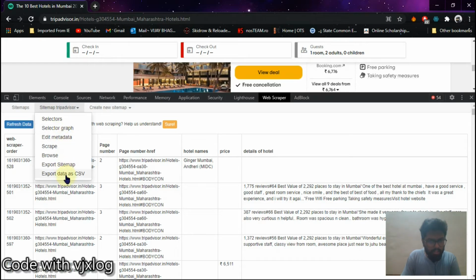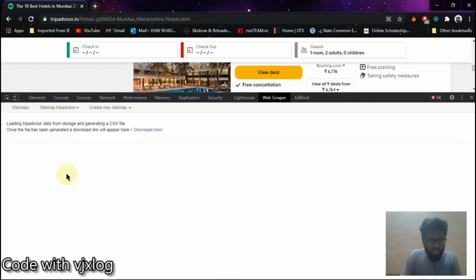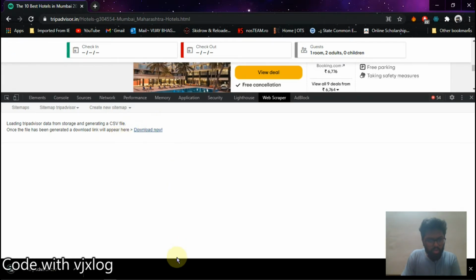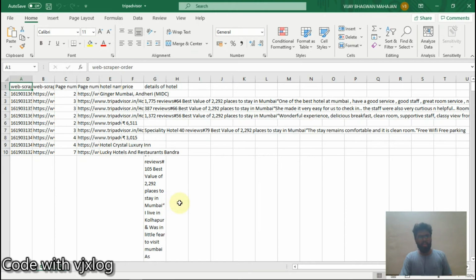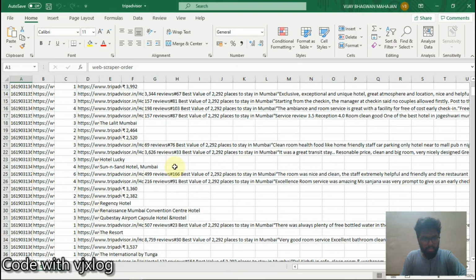So first of all, this got scraped, so how can we extract it? We'll simply select export data as CSV, okay, and they are saying loading TripAdvisor data from storage and generating a CSV file. Once the file has been generated, the download link is here, so select download now. Now you'll see a CSV file has been downloaded. Simply open the file, and here's your data that has been scraped.